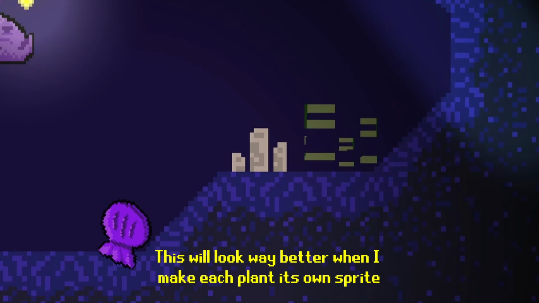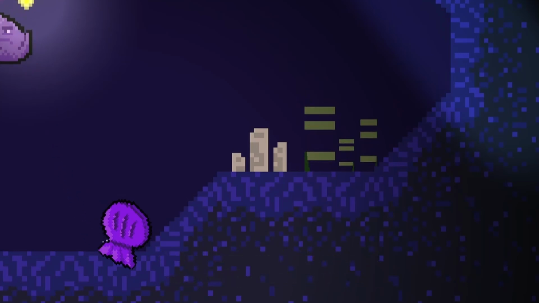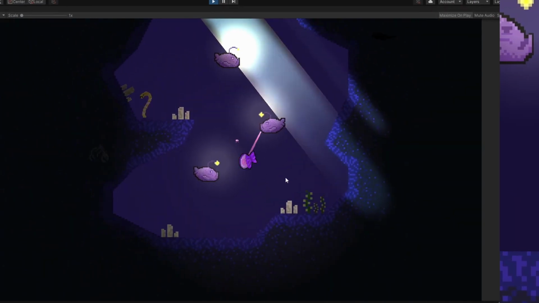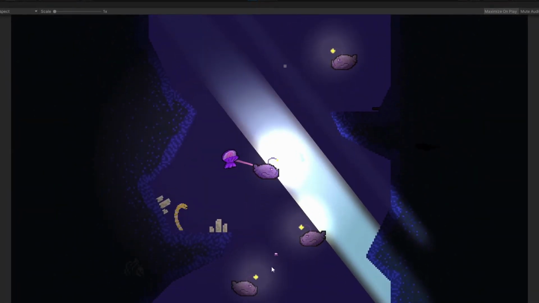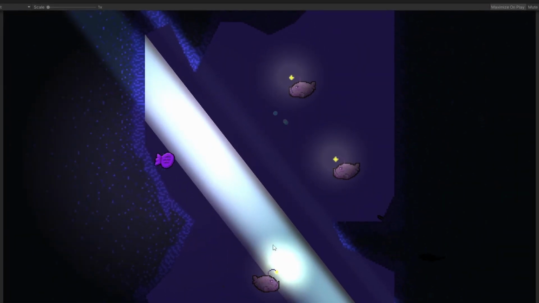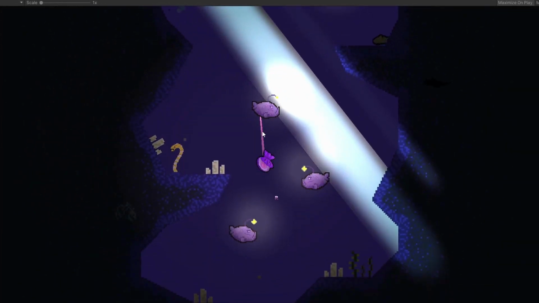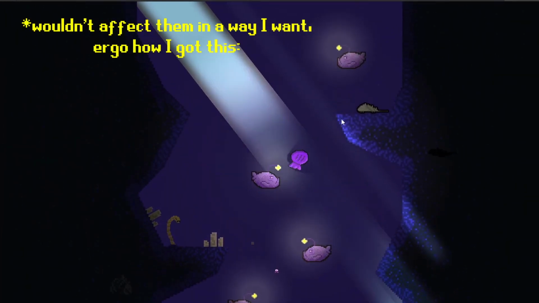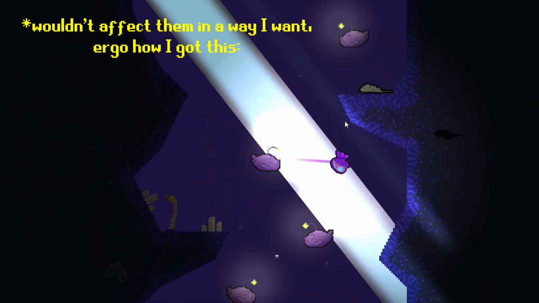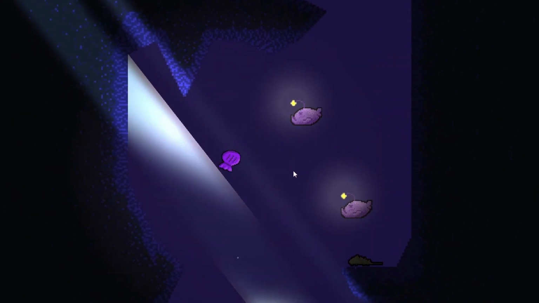So I now have a working shader, but my plan to make the game look more watery didn't really work out. So I need to do some other things to make the game appear underwater still. I tried to add this wiggle shader to the god rays, but because the god rays aren't actually sprites, they're lights, it wouldn't affect them, and I'm not familiar enough with shader graph to figure it out yet, so I'll come back to that later if I want to do that.